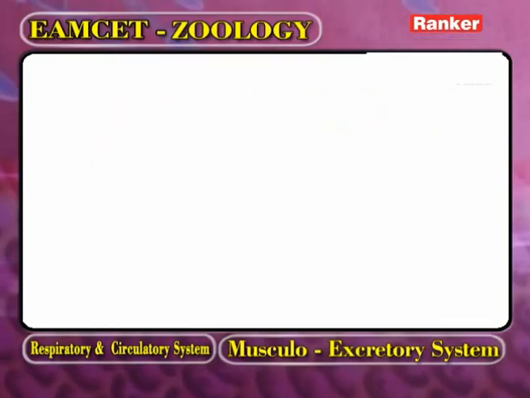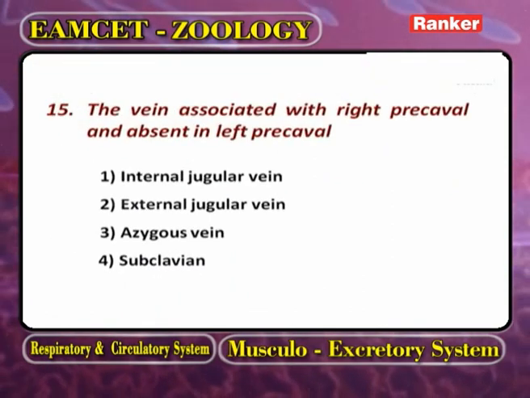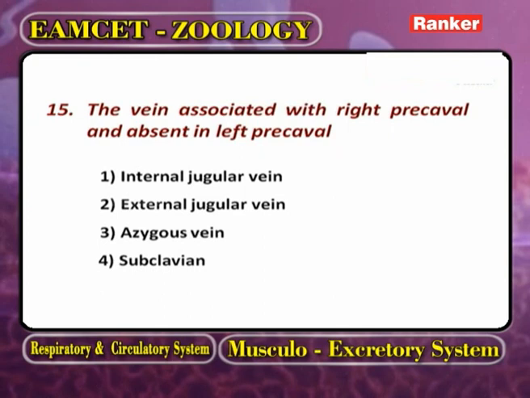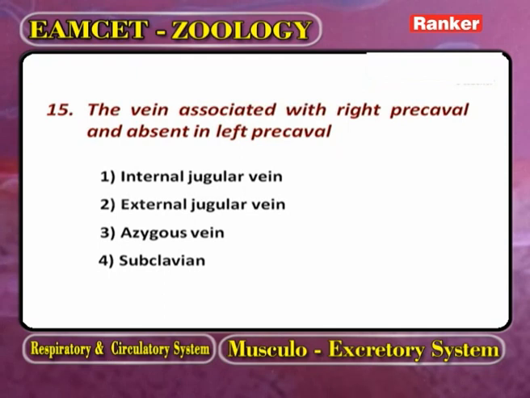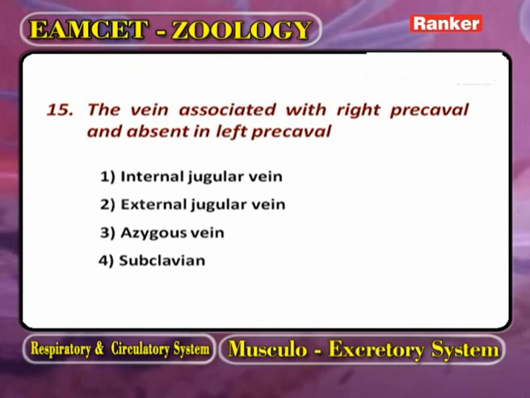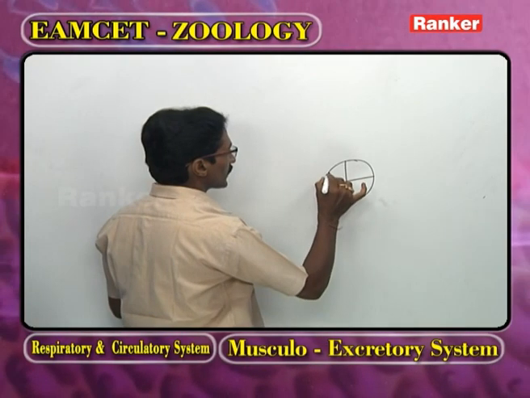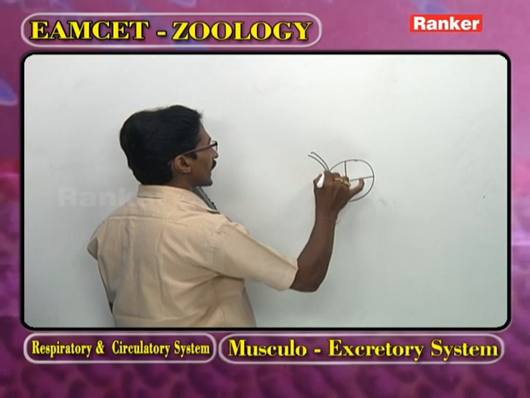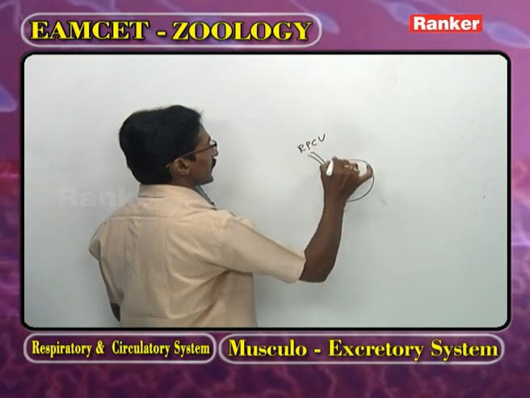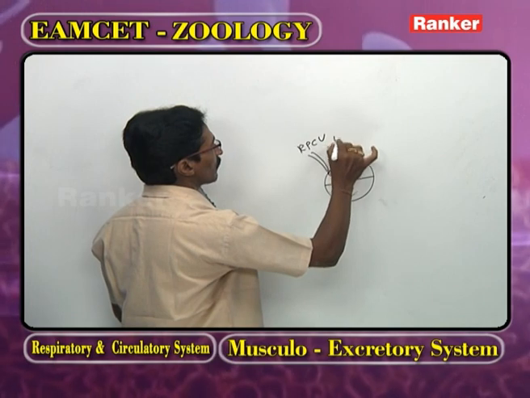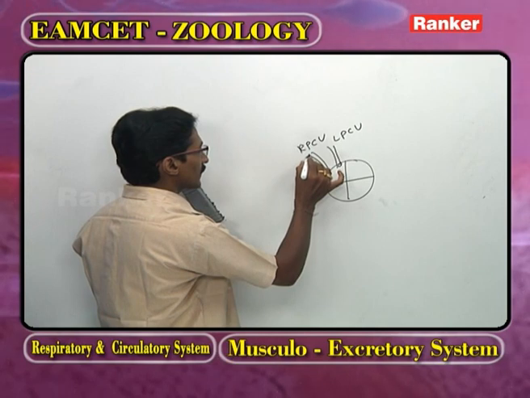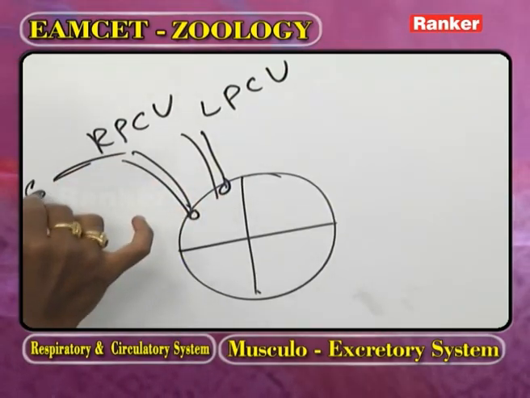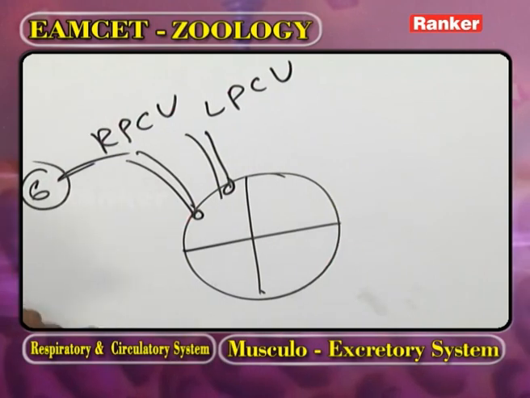Now we go for the next question. Now you observe the question. The vein associated with the right precaval and absent in the left precaval. Now as we observe the venous system, this is the right precaval vein and this is the left precaval vein. The right precaval vein is formed by the fusion of 6 veins. One among them is